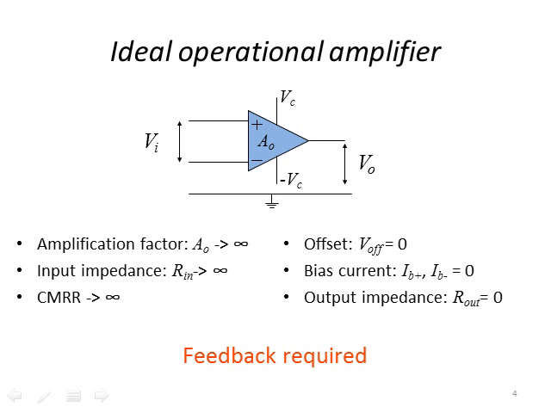An ideal operational amplifier is one where we have an amplification factor A0, which we assume to be infinitely large, and an infinitely large input impedance, where we assume that the input currents at the negative and positive terminals are 0. The common mode rejection ratio is infinite, which means that